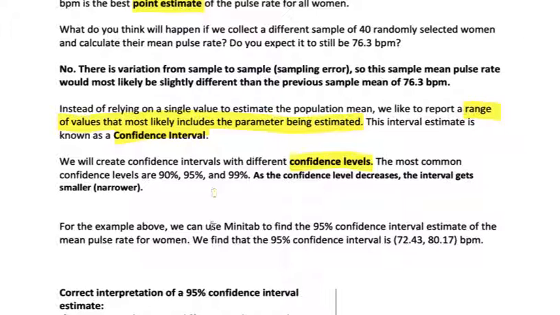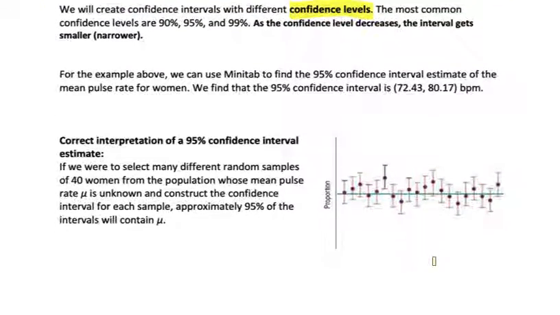So for example, we're going to do this on Minitab. We can use Minitab to find a 95% confidence interval estimate for the mean pulse rate for women. And we would get this, 72.43 to 80.17. And you'll see this written in parentheses in Minitab. That means between those two numbers. So the way that we interpret this for 95% confidence is that if we were to select many different samples of 40 women from the population and construct a confidence interval, 95% of the time our interval will contain the